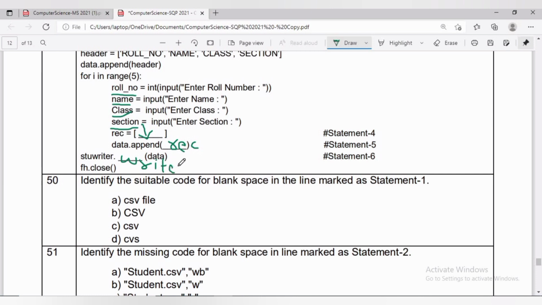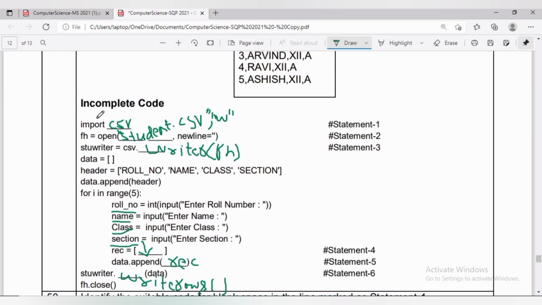Here, in statement 4, record is equal to roll number, comma, name, comma, class and section. In statement 5, we have to append the record in the data. For that we have to write data.append(record).